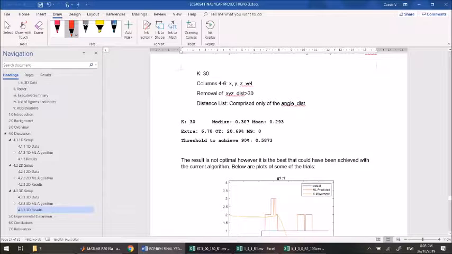Then we changed a few things. Again, that was the circle. So the circle, we had a thing of 30 that we're taking out all the points of, and then we're sorting the distances purely based on the angle between the two, and we managed to get it down to 20.69. It's still 10% off. We still got another 10 to go, but it was the best I was able to